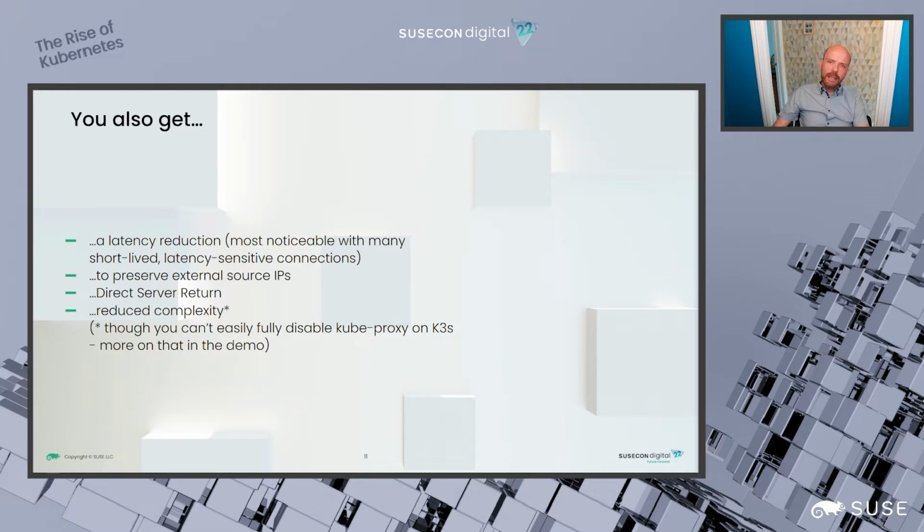But in a K3s environment, kubeproxy doesn't run as a separate pod, and therefore it can't be fully disabled. So that's why I've got the caveat around the ability to fully disable it. So let's see an explanation of how we get direct server return and source IP preservation. And I'll explain what both of those are in more detail as we get into the